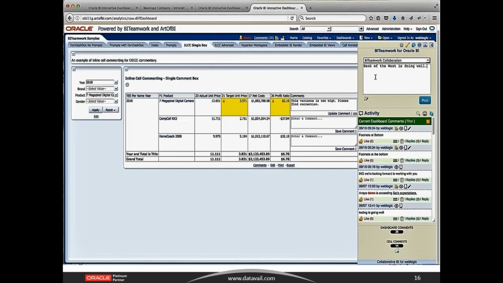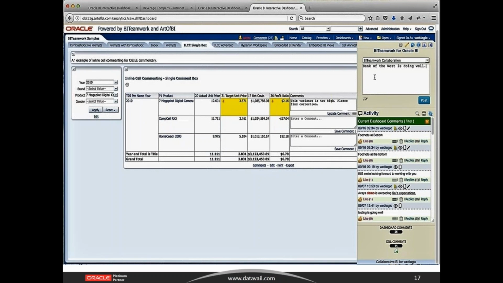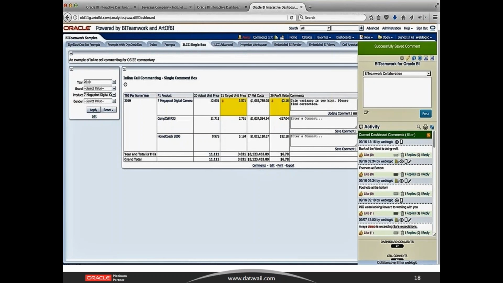Now, this is a dashboard level or dashboard page comment. So this type of comment might be just a general statement or created to alert people about something that's happening on the dashboard or how to use something new on the dashboard, things like that. And when you're done typing, just click post and you'll get a message up top confirming that your comment was